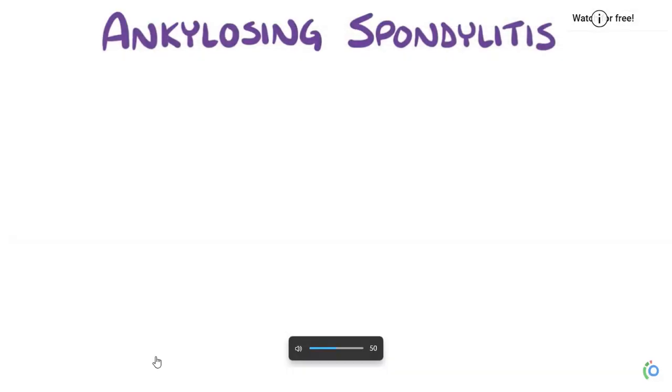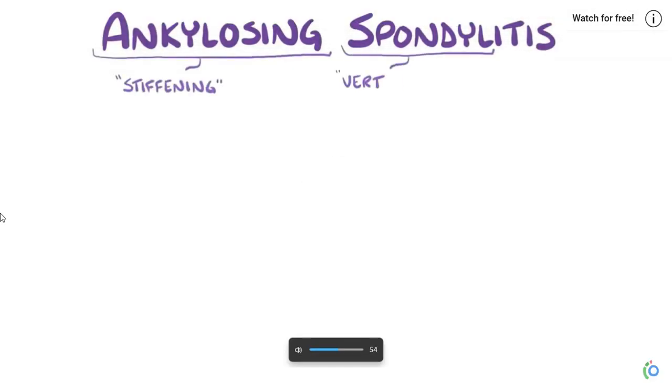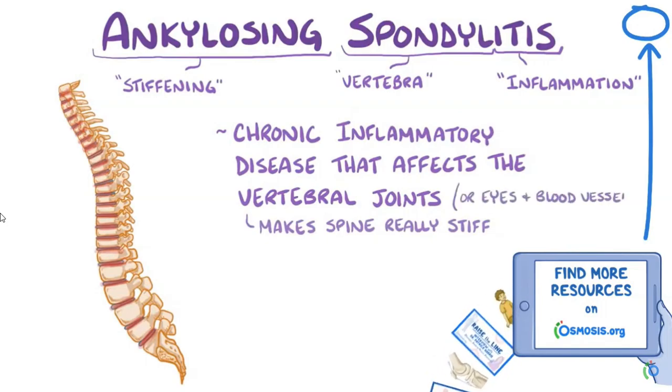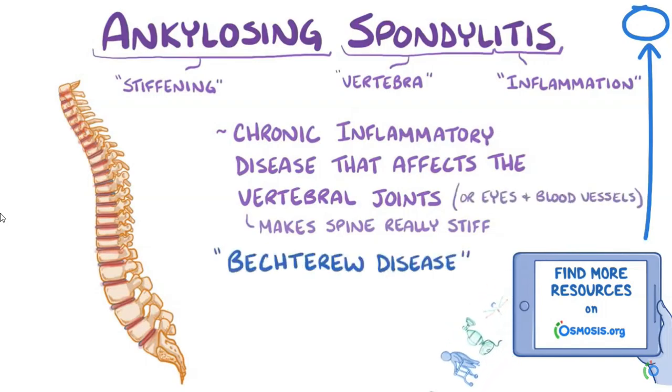The name ankylosing spondylitis can be broken down. Ankylosing means stiff, heavy. Spondylosis refers to the spine, and itis means inflammation. So ankylosing spondylitis. But it also causes inflammation in other parts of the body, like the eyes and blood vessels. Ankylosing spondylitis is also called Bechterew disease. It's primarily